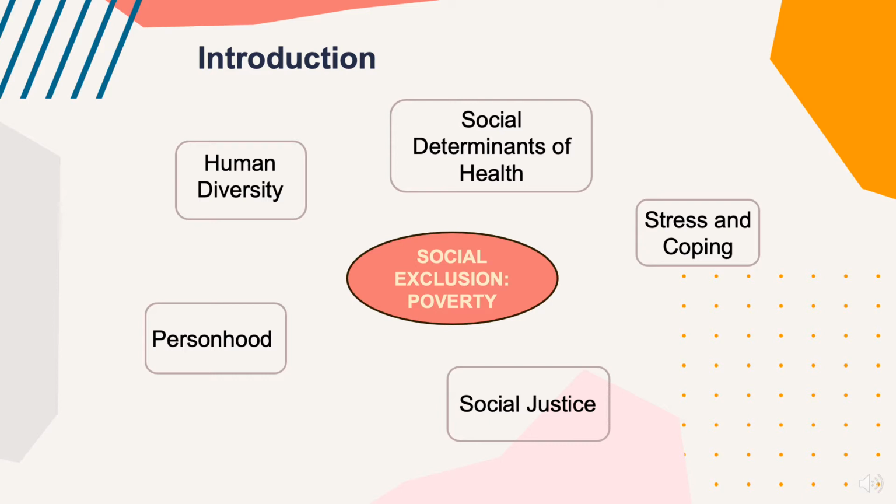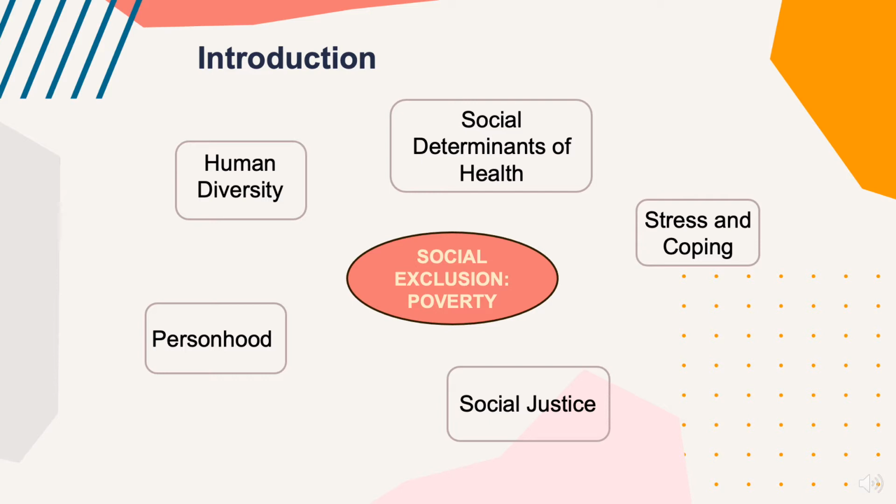Social justice is about overcoming inequities maintained by unfair processes and attitudes such as privilege. This we focus on when we discuss how to transform social exclusion into inclusion. Finally, social exclusion minimizes personhood as we discuss strategies to correct the inequities experienced by those in poverty. We keep in mind that our goal is to support personhood.